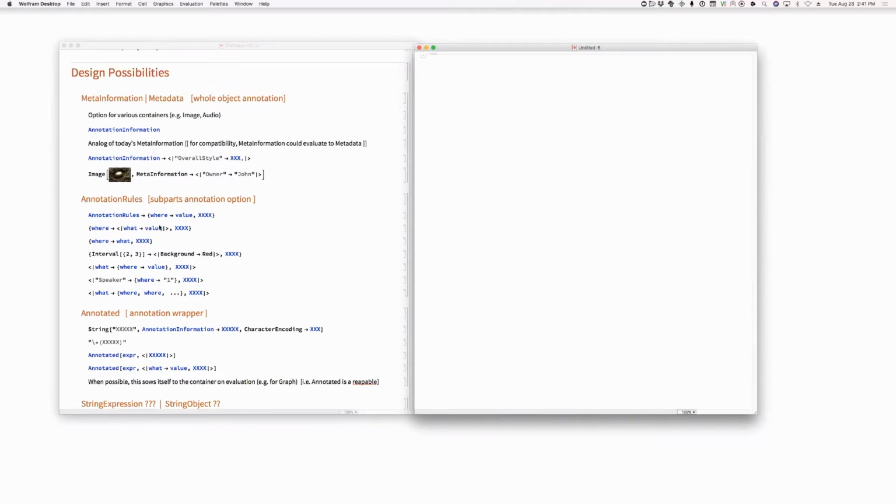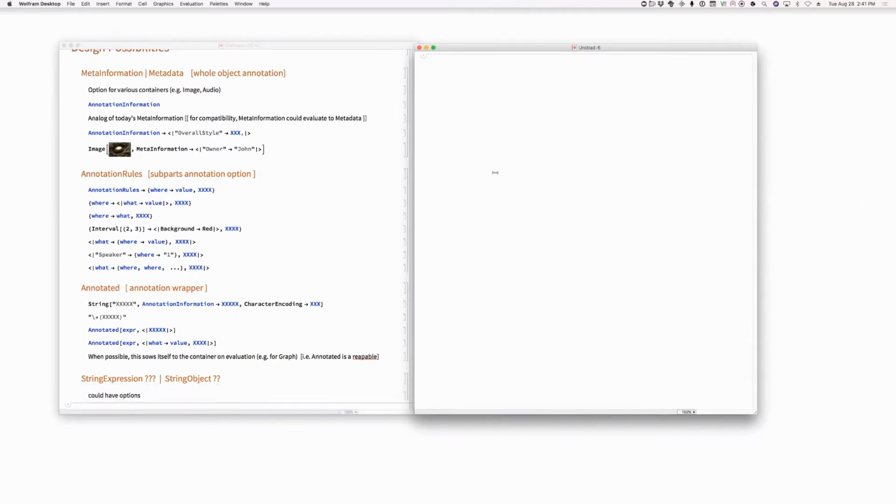So some things are wrappers that have a place to put annotations, like image has a place to put annotations. The whole outer wrapper of an image can have annotation information, which is the equivalent of the meta information stuff, right? Okay. Okay, so then within an image, there could be, in addition,